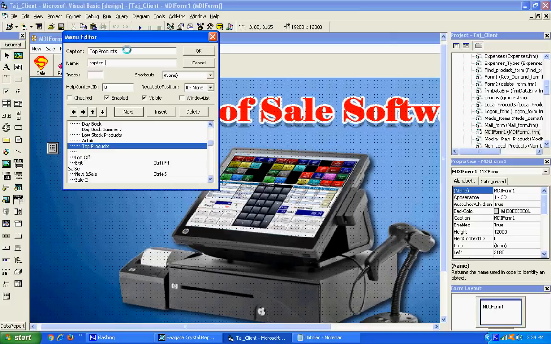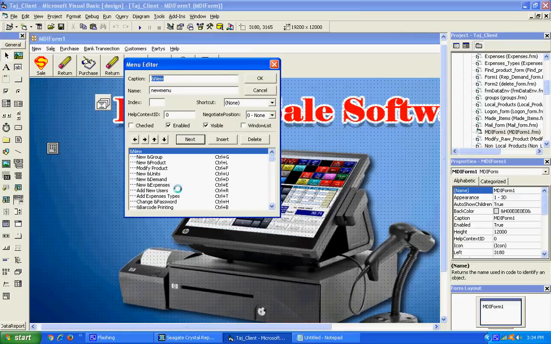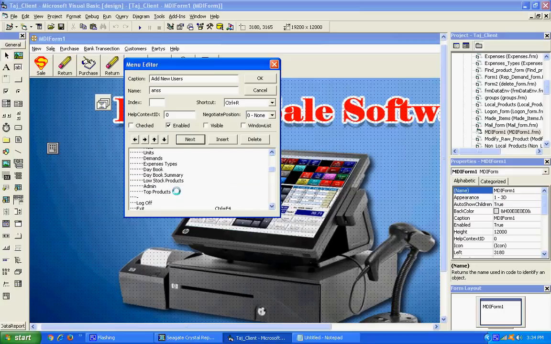This is the unique name in your MDI form. Okay, insert another menu editor, and the next one I'm going to add is top customers. Top 10 customers.